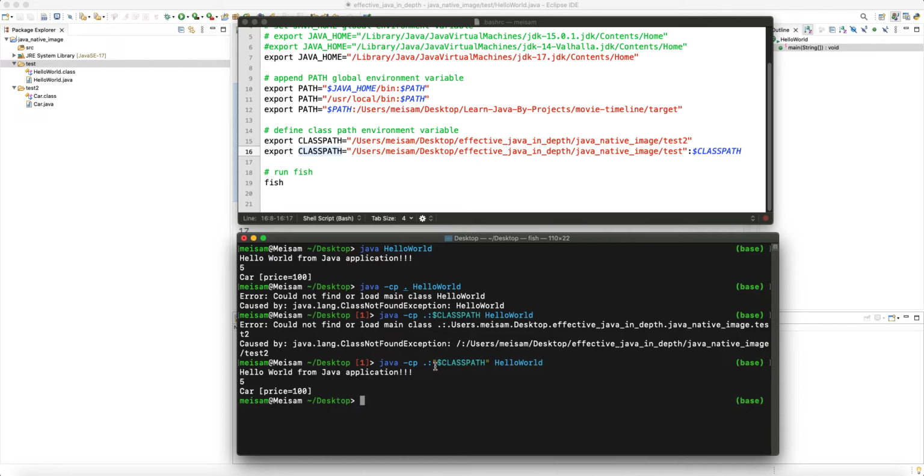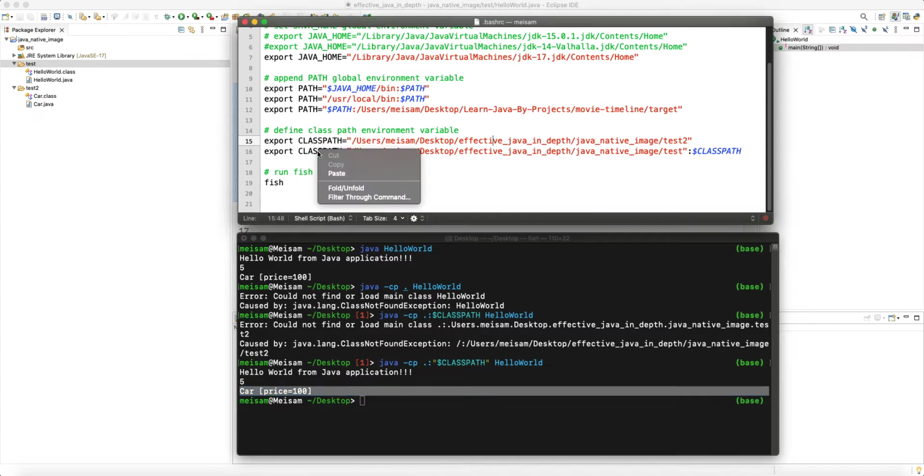Double quote, and now it works. That's because there are forward slashes and other things. So put these environment variables in double quotes if you want to read the value, so that there is no problem. So basically, if there are some dependencies for your classes, let's say there are some libraries